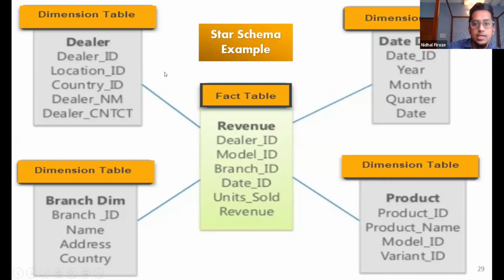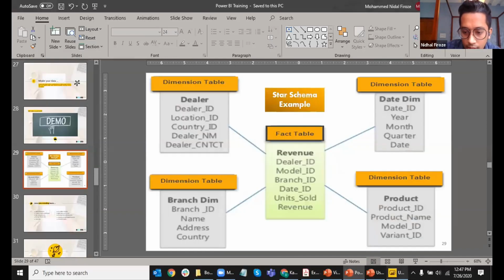But in a star schema, it's always preferred to have bidirectional filtering, which is filter in both directions. Okay. By the way, if you're not getting this concept very clearly, it's fine. It's not something that will stop you from doing anything. Unless you're very much into data modeling, you may not need to understand this, but just because it's there, I'm explaining this a bit more in detail to you.